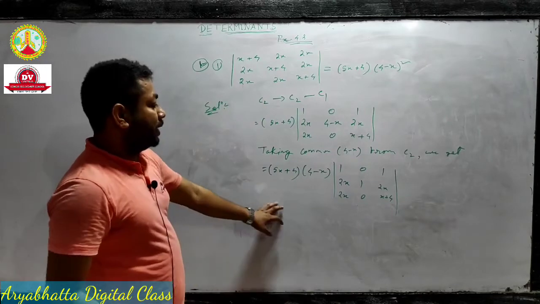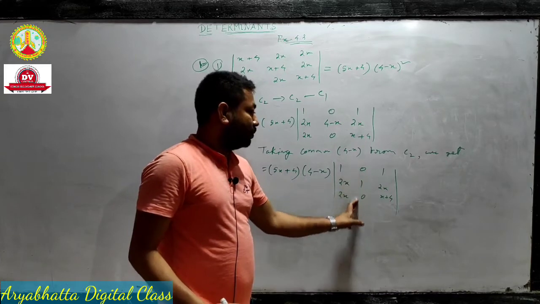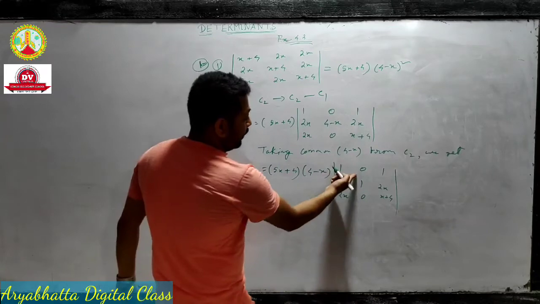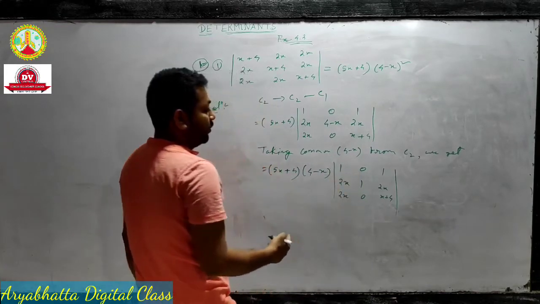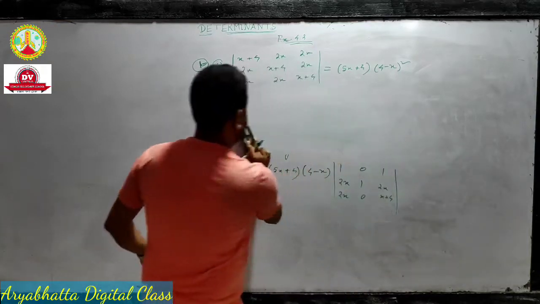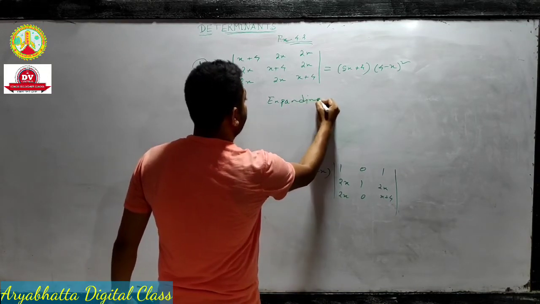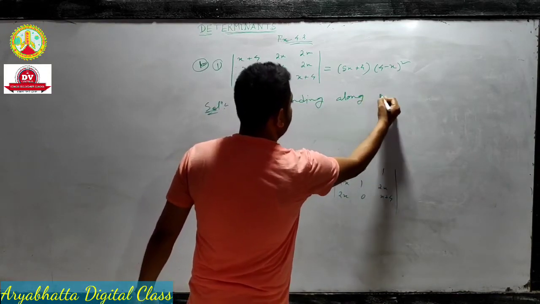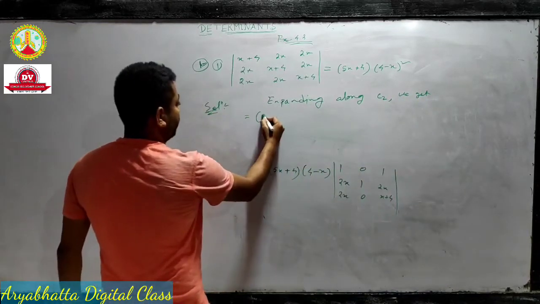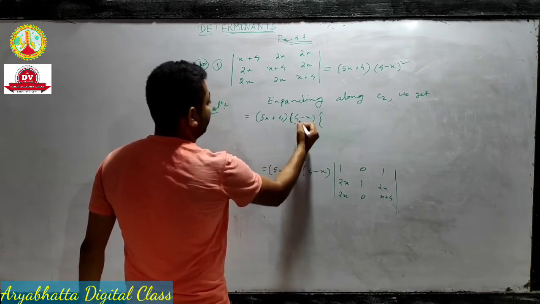Next, expanding by using C2. Here the maximum elements are 0. Here, two elements are 0, therefore expanding along C2, we get 5x plus 4 into 4 minus x into